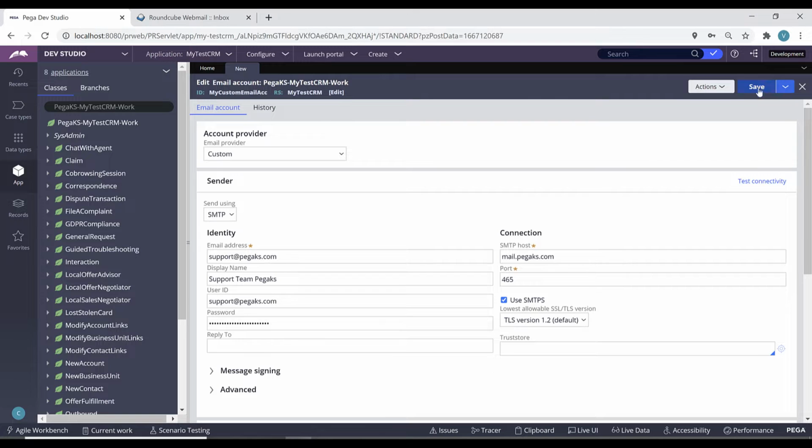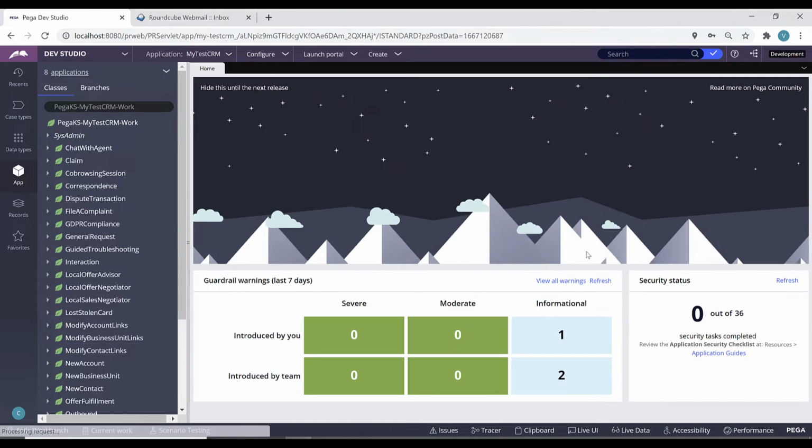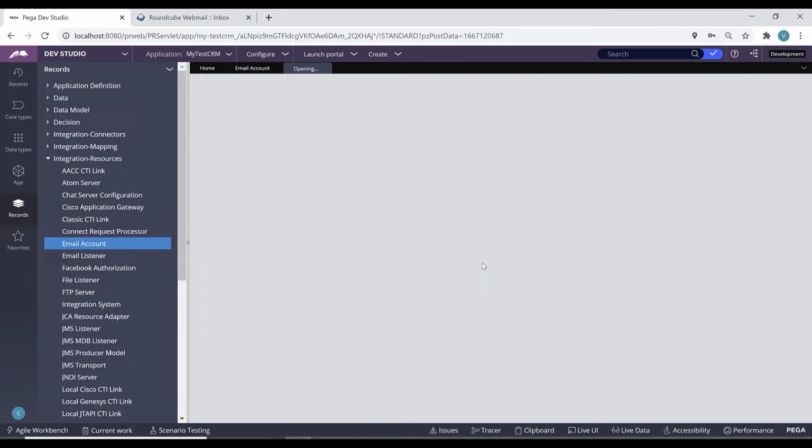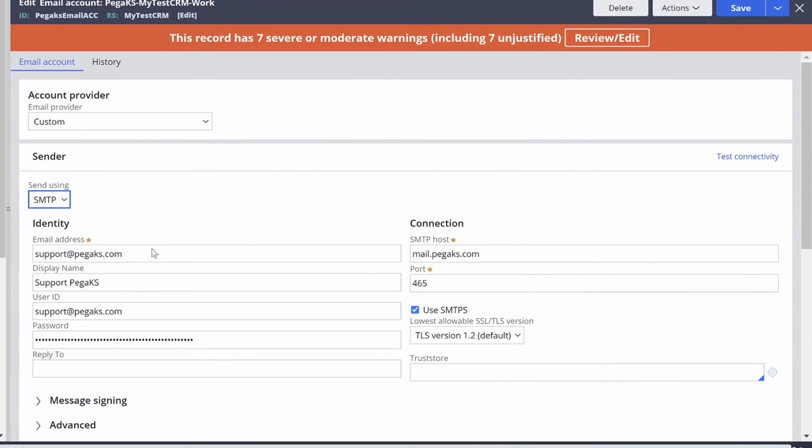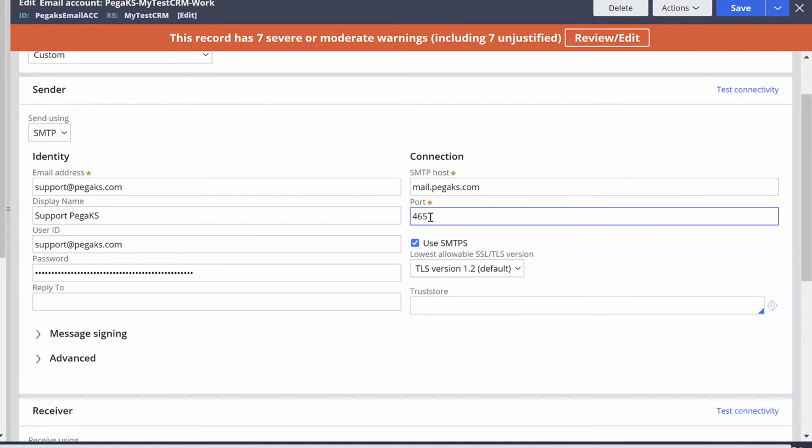Now once you save the rule, do a test connectivity. I have already configured the same email account with these details. Let's open that email account. So here is my email account that I already configured with the same details.